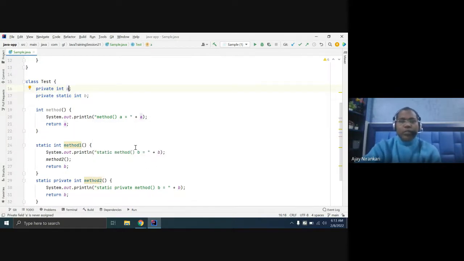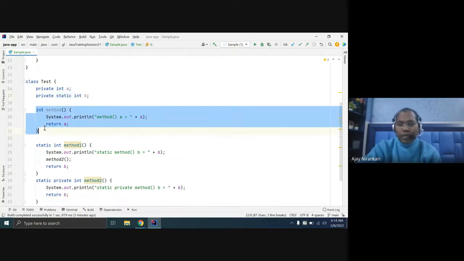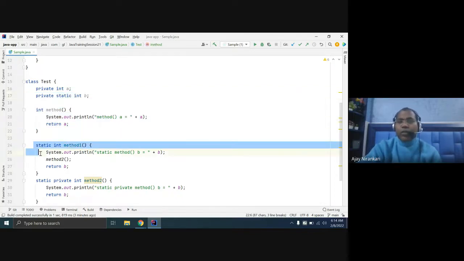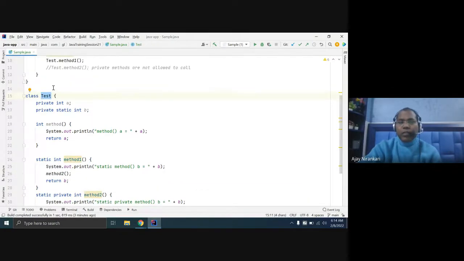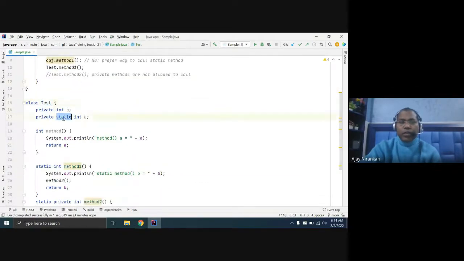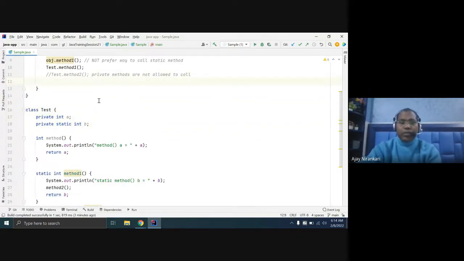Here I'm just trying to say this test class can declare some variables non-static, some variables static. You can declare some methods, some static methods, some non-static methods. So from the test class, which variable are you able to access? This is a static variable, but private, you cannot access this variable b, right?